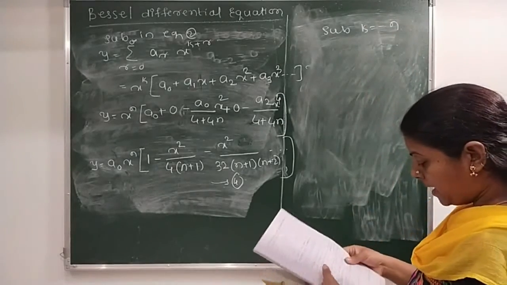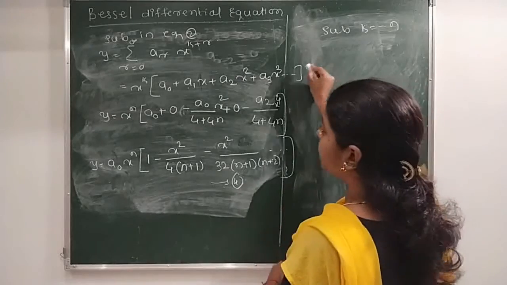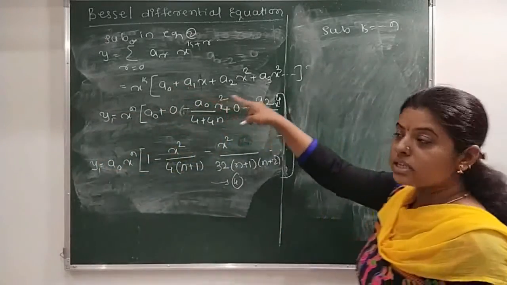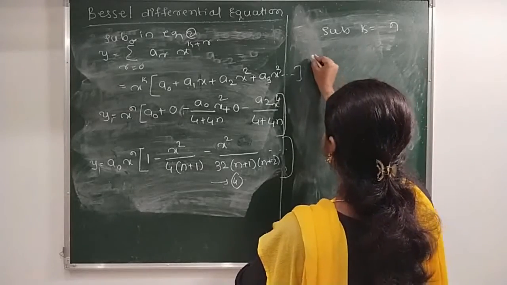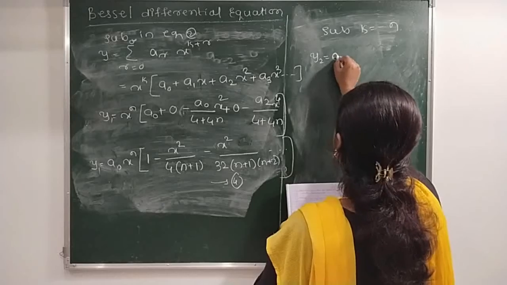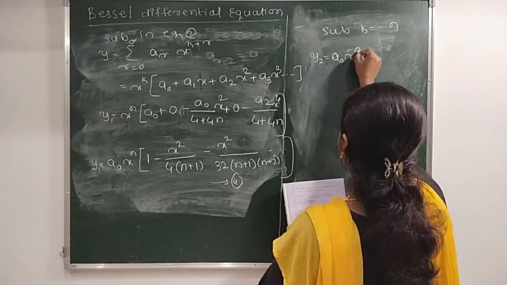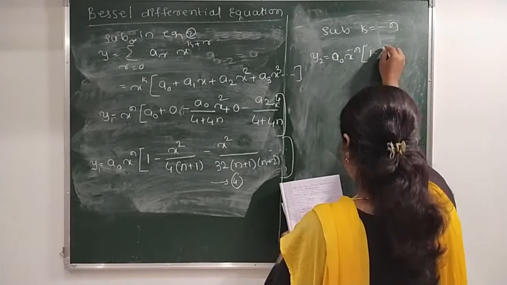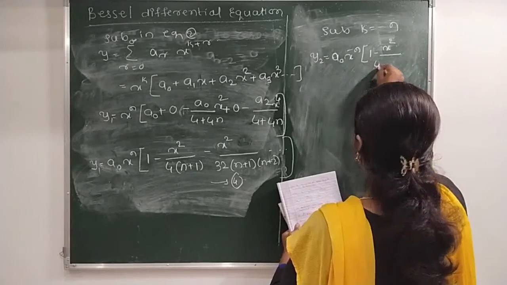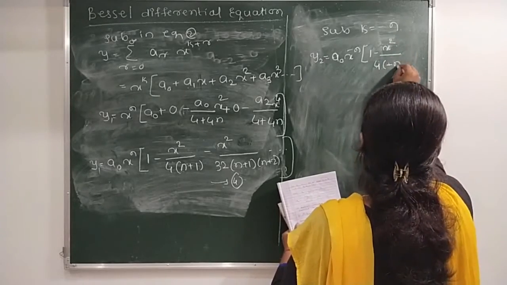After that, if we substitute minus n, we call it y2, whereas for k is equal to n we call it y1. So y2 is a0 x raised to minus n, 1 minus x square divided by 4 into minus n plus 1,